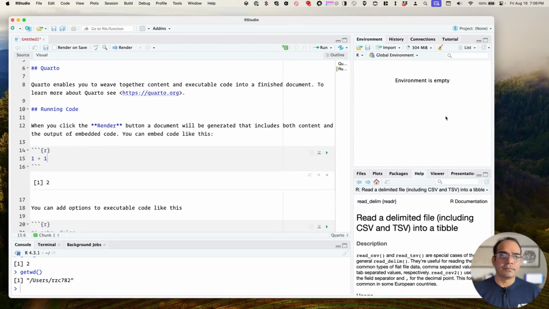Finally, we come to this environment. So environment, and there are again a bunch of tabs over there: history, connections, tutorial. But environment is the default, and that is the most commonly utilized tab, I should say. This tab will show you all the objects you have created in this specific instance, and they will be available to you. For example, if I create a